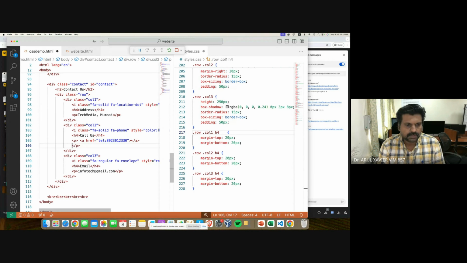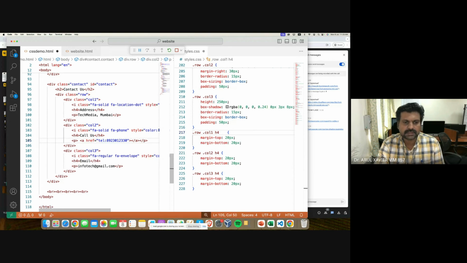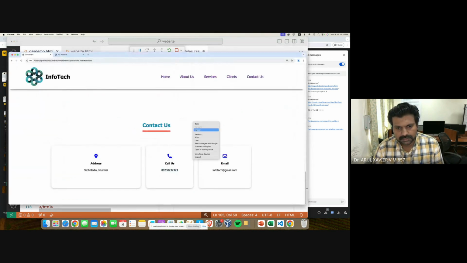Okay, so now when the user touches this number, assume that the user is using a smartphone. When you touch, the number is automatically copied to the phone's dialer app, and there is no need to copy it manually, right? So you can make a call. Okay, so I'll save it. So when you do that, it comes like this. Okay,